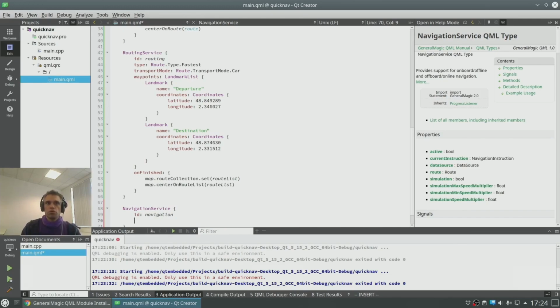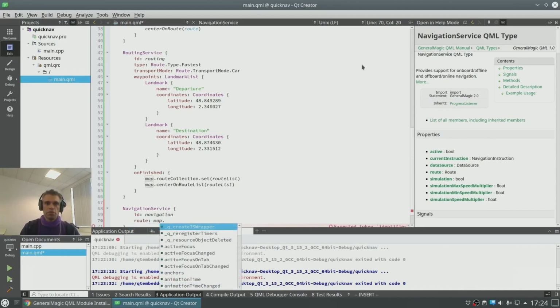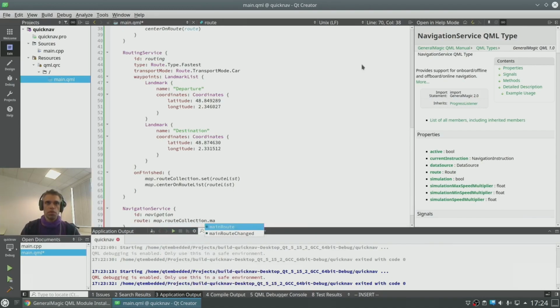And the most important part for the navigation is, of course, the route. Here we have exactly one route, the one that we already selected for navigation. And since we already have it, we get it from the map. Route collection, main route.